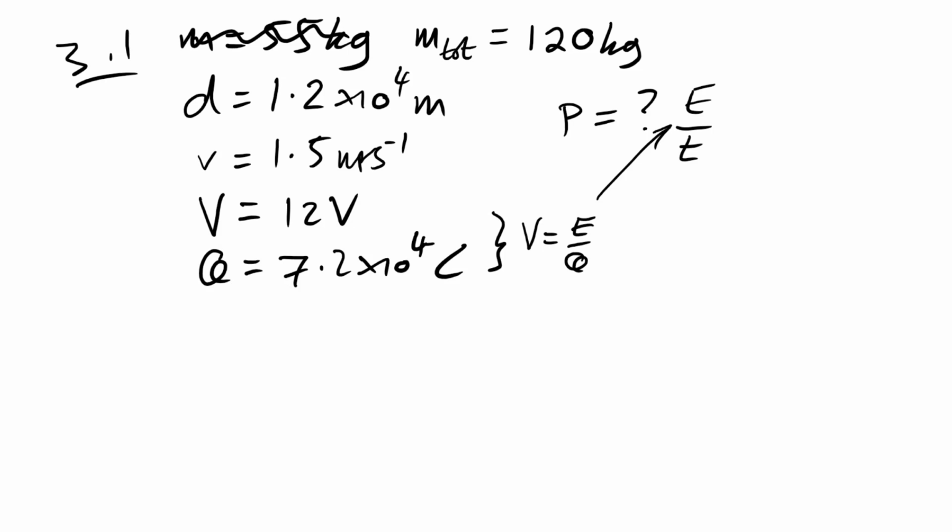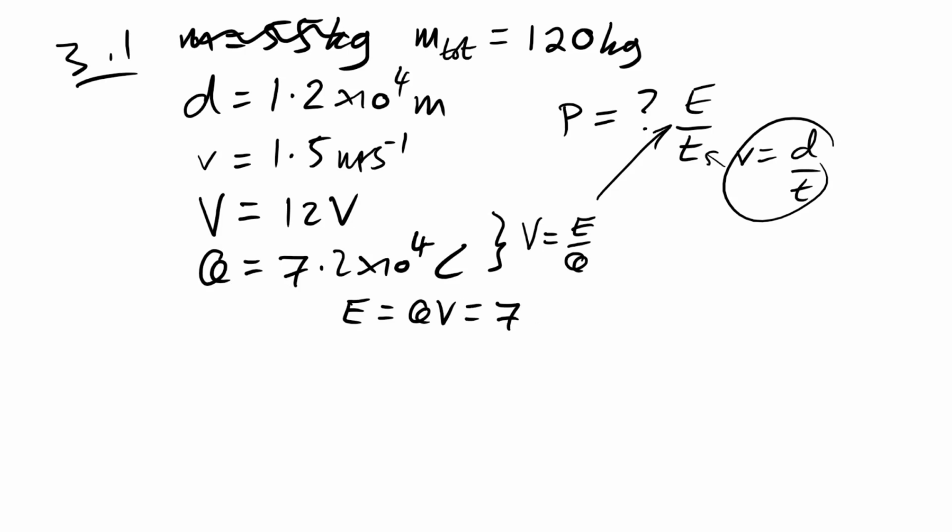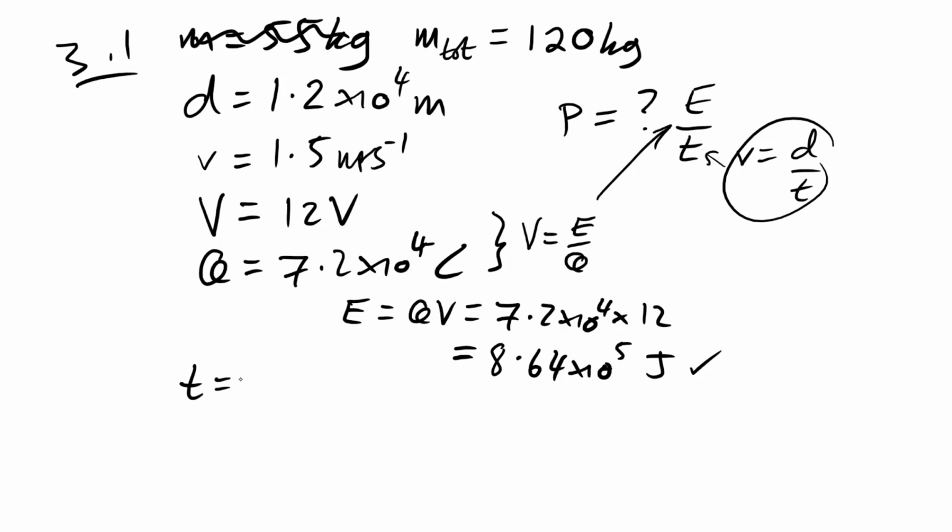Well, we have a distance and we have a speed. So speed equals distance over time. So we can use this to get our time. So we could do it all in one go, but let's do it step by step, shall we? So energy is equal to Q times V. So there's going to be 7.2 times 10 to the 4 times our 12 volts. And that gives us 8 point... well, let's be really accurate with our workings out in the middle of our question. We only need to give our final answer to the right number of sig figs. So therefore that many joules. So we have our energy. Time, on the other hand, is equal to distance divided by speed. If we just swap round speed and time, need a little shortcut.